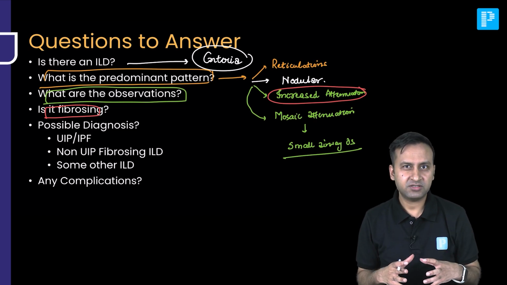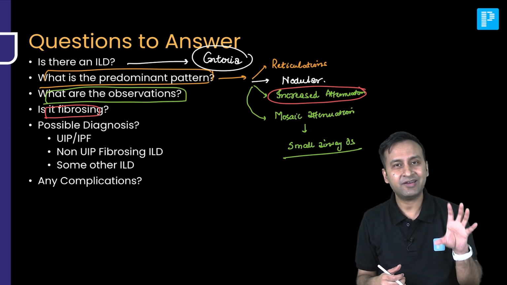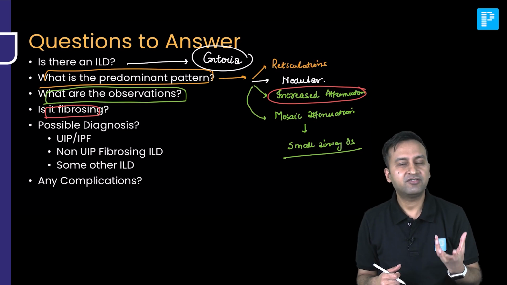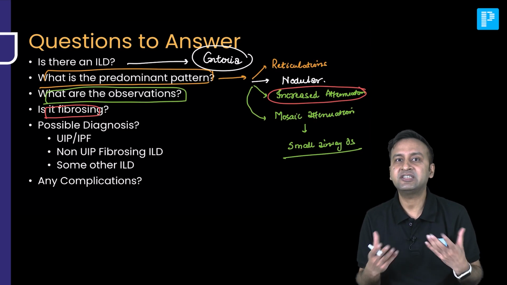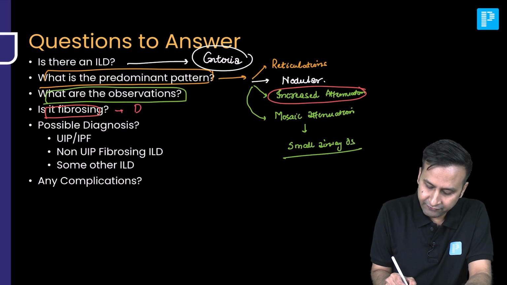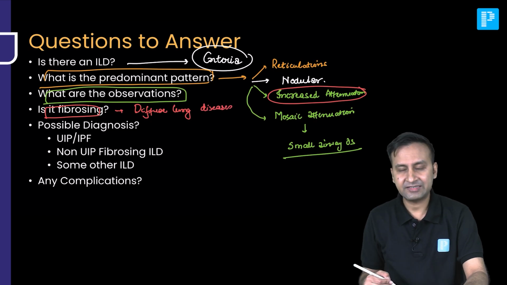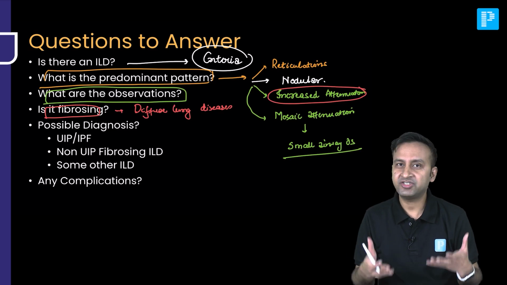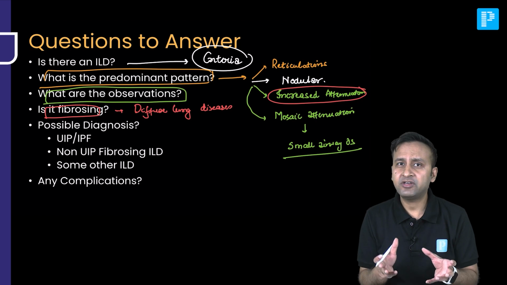Once there is fibrosis, like anywhere else, you can see fibrosis in TB also, in infections also, but their fibrosis is usually focal. At the area of infection, the lung parenchyma will get fibrosed and that will result in volume loss of the lung parenchyma. However, in case of ILDs, because it is a diffuse lung disease, ILDs are diffuse lung diseases, they will involve the entire lung parenchyma on both sides. As a result, if this type of disease goes on to develop fibrosis, just imagine what it will do. It will fibrose both the lungs, and as a result, the patient will have severe breathlessness and